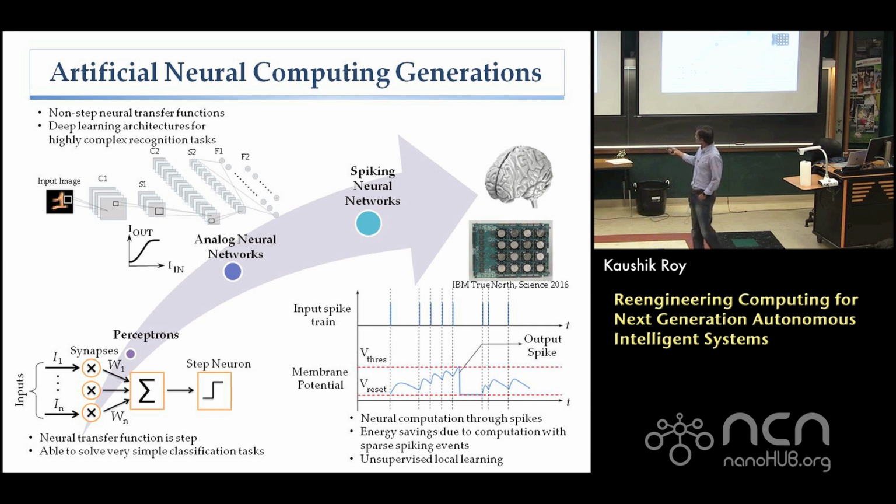And in fact, it turns out that if you do use spikes, there are certain interesting event-driven architectures that you can use, which basically can reduce energy consumption. And if you also look at the number of spikes, and if you have a larger network, it turns out that the energy consumption can be lower, and the learning that one can do can be unsupervised learning. It can easily have unsupervised localized learning. Okay? So with that in mind, one can certainly look at these kind of spiking neural networks.